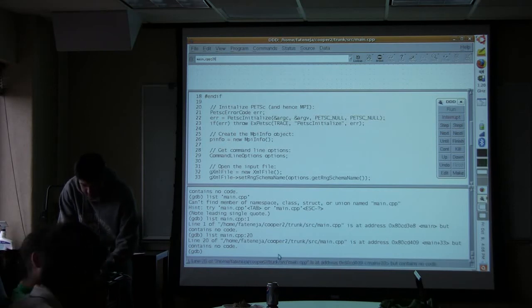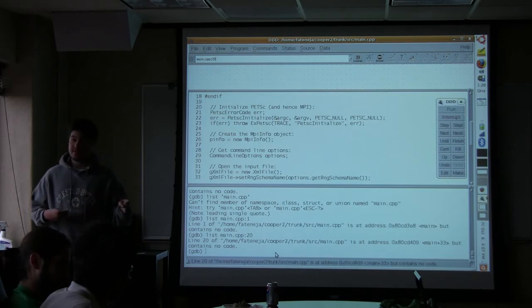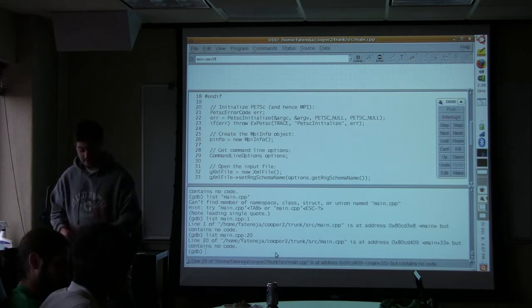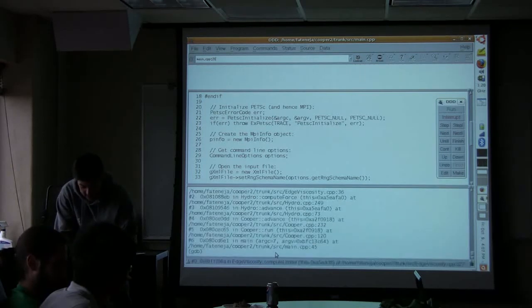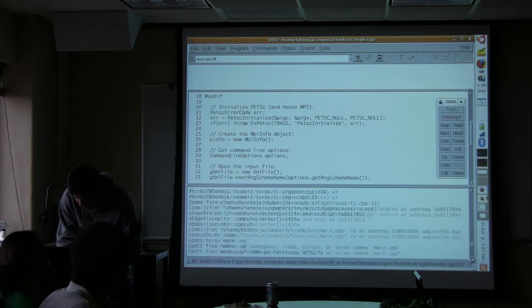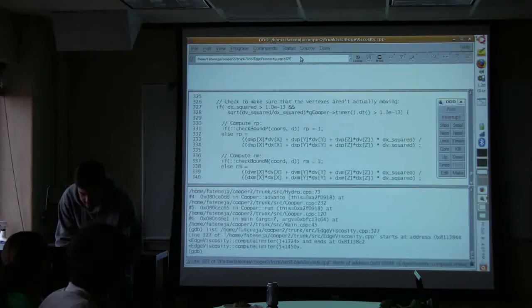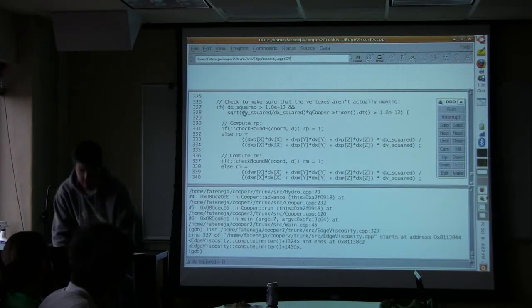And so this is really fast because I had an error. If you get a seg fault or something, you can just fire it up in the debugger. You can run it, it'll die, you just type where, and then you just come up here, and shucks. So this interface is not modern. And you double click this and you hit enter, and you can see that on line 327,